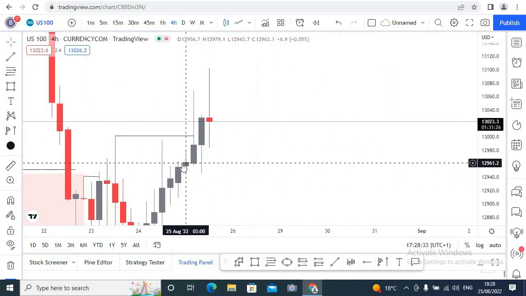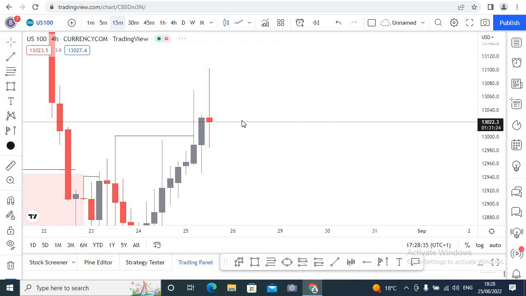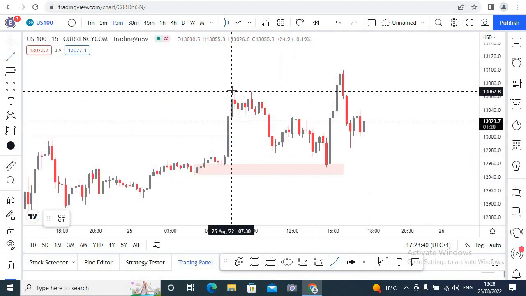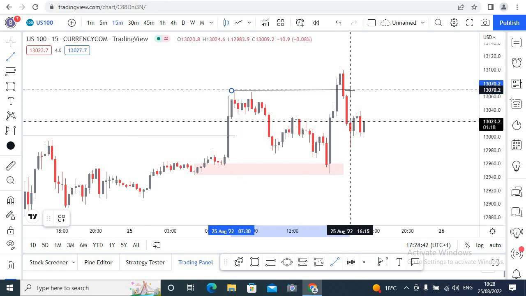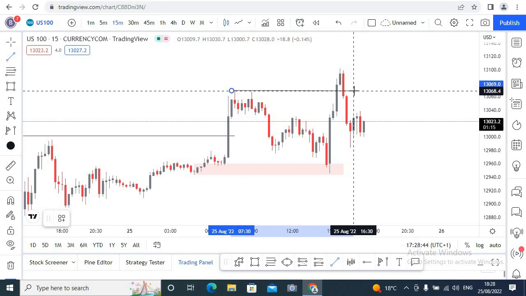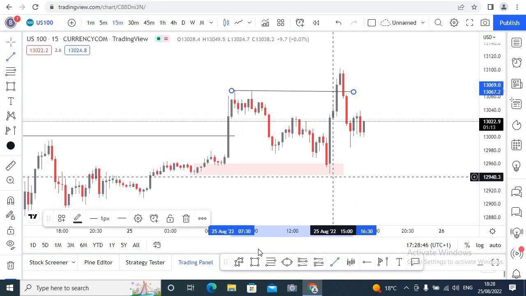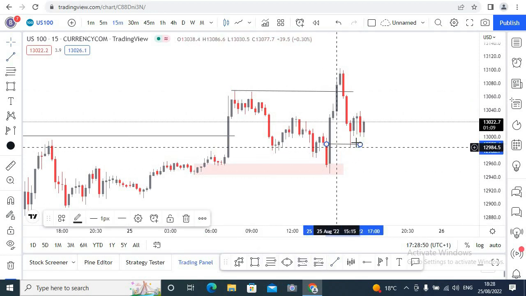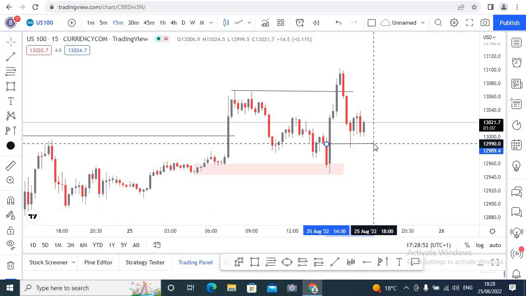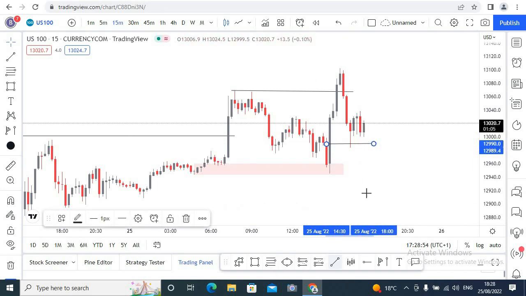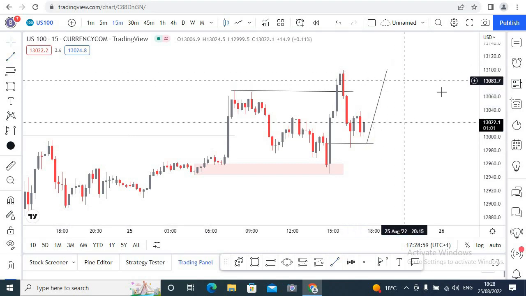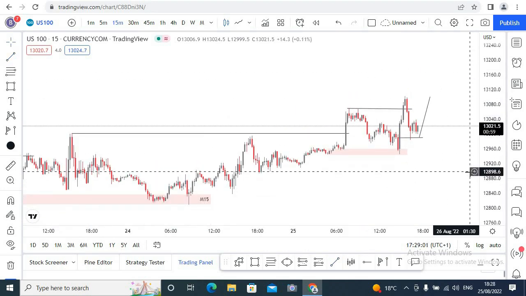As you can see, we did have a hidden base right there. So this was going to be your entry point, and as you can see, we did have a breakout structure right here. So this may be a continuation pattern right here, because we do have a demand right there. So this may be a continuation pattern to go to the upside, but I'm not that much on longs, guys,